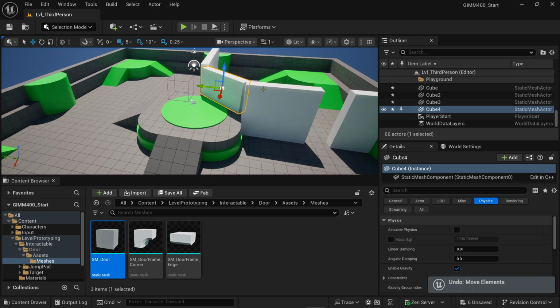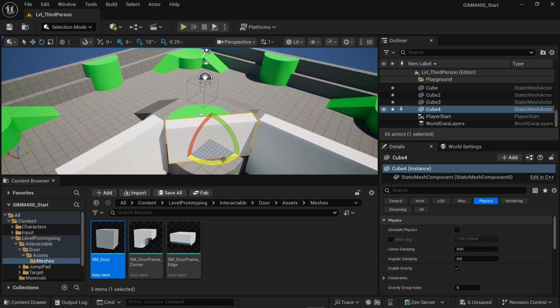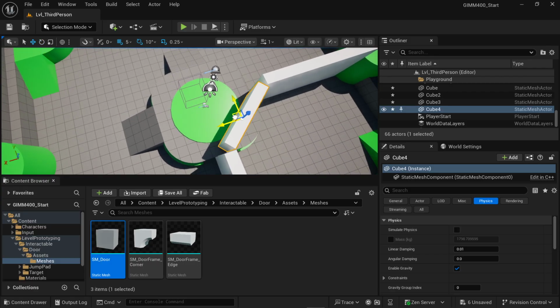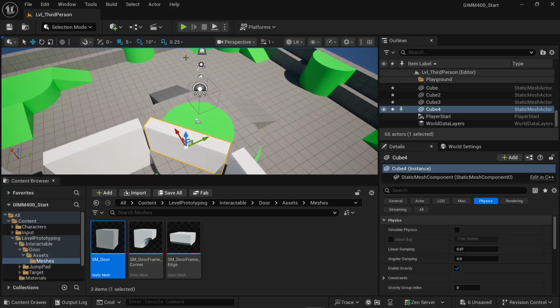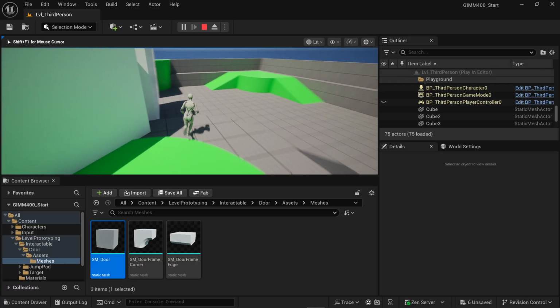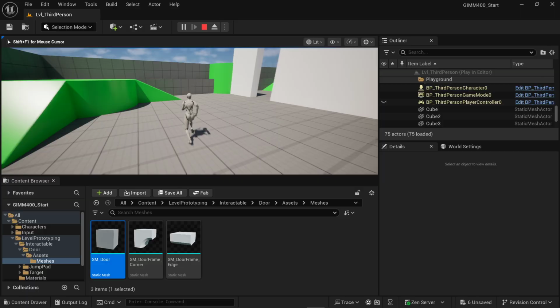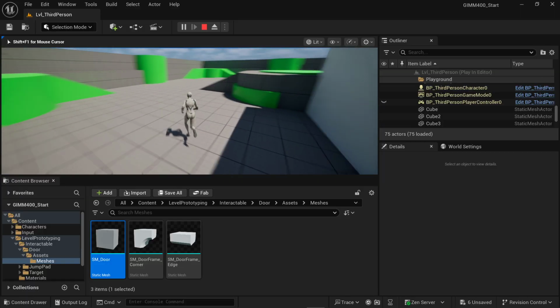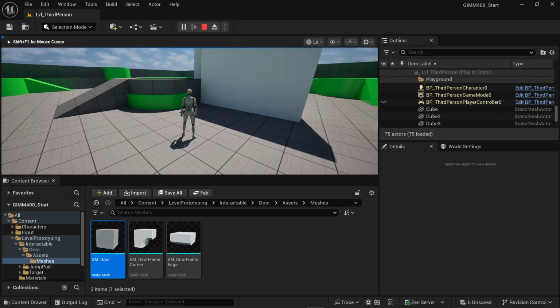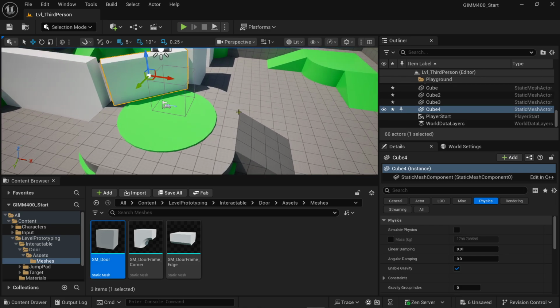Oops, do not want to drag off another one. I think that's about good. You're not going to be able to get through there, I don't believe. So we play. Alright, now we've got a walled in area. Escape can stop playing. If you don't want to stop playing, once again, that Shift F1